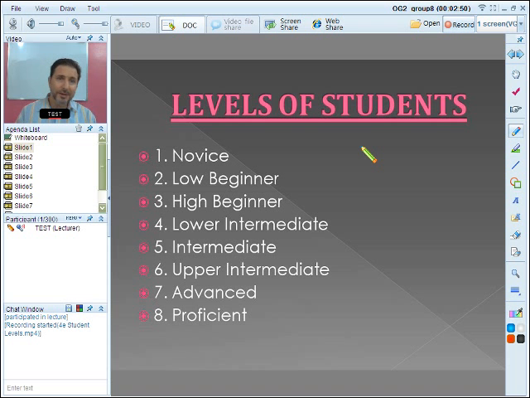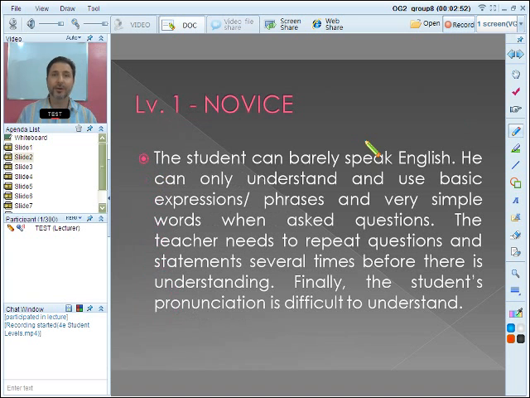Now, let's begin with Novice, and I'm just going to show you a narrative on Novice. In this case, the student can barely speak English. In other words, they're having a hard time. Probably one-word answers much of the time, very limited expressions, and simple words. I'm going to say this person is